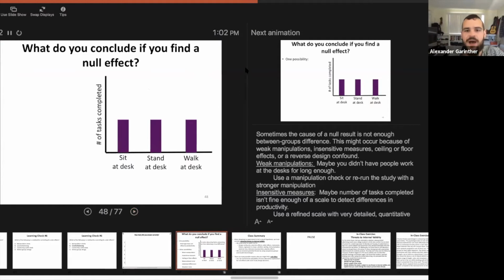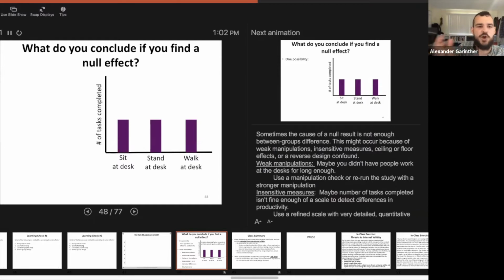I want to talk about one more point here that does come up when we're talking about making causal claims from experiments. Sometimes you don't get any differences between groups. This is called a null finding, a null effect. So the number of tasks completed did not vary based on whether they were at a sitting desk, standing desk, walking desk. So you might be thinking,